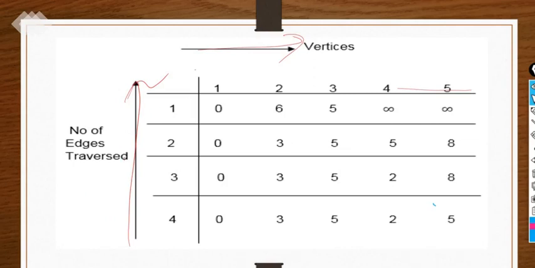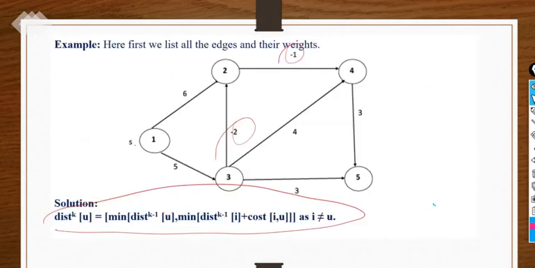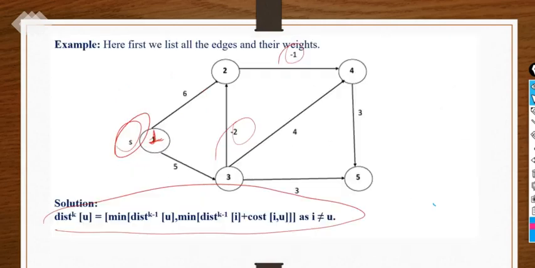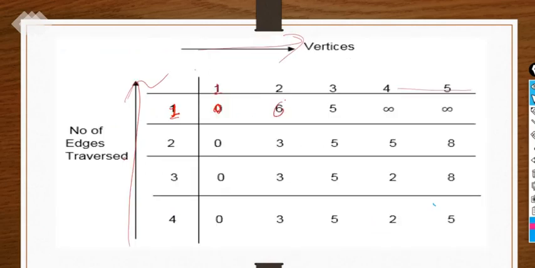So first, from the source node we are starting, that is 1. So vertex 1 we are starting with. First of all you have to write here, I'm just marking it 1. Now from 1 to 1, if any node starts from itself and goes to itself, is there any path distance? Is it covered? No. If it is on the same position, it is not covered with any distance. Now it is going 1 to 2. So how much path will it cover? 1 to 2, 6. So right here 6, right?